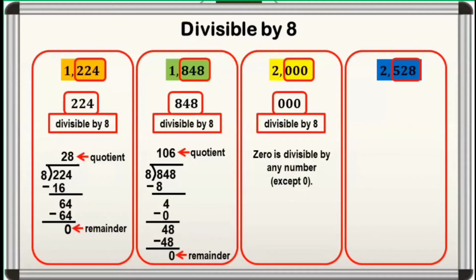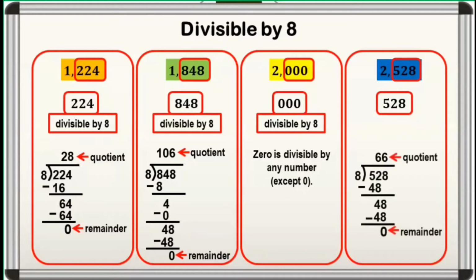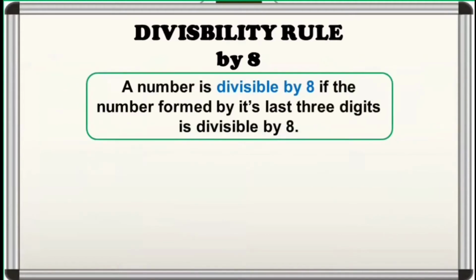And for the fourth one, the number formed by its last 3 digits is 528. And 528 divided by 8 leaves a remainder 0. Hence, 528 is divisible by 8. As you can see, the common thing about the numbers formed by the last 3 digits is that they are all divisible by 8. Therefore, we say that a number is divisible by 8 if the number formed by its last 3 digits is